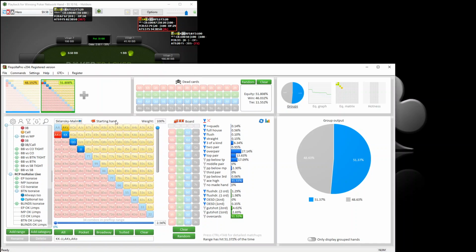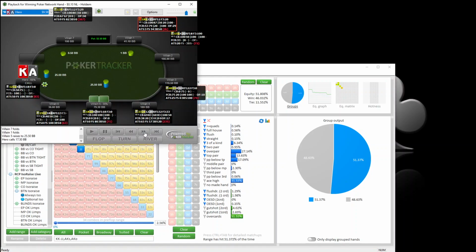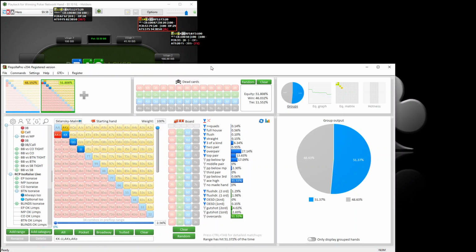And if it is all over or all undercards to our pair, then we're probably just going to be getting it all in, quite possibly. We just kind of have to see what the betting and the bet sizes look like. So I think this is going to be our range. So I called, and flop comes ace queen 10, and this is one of those